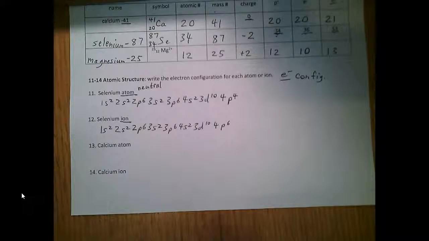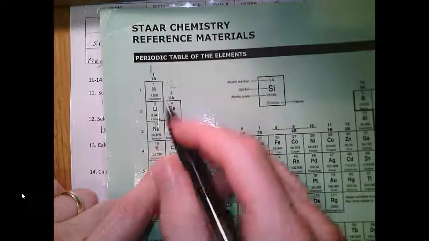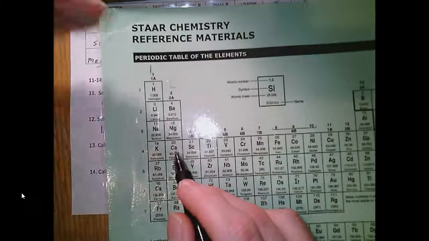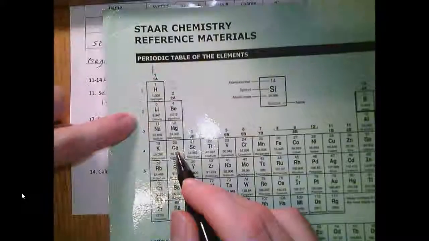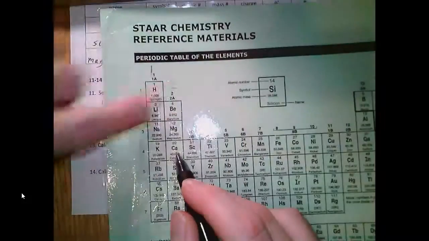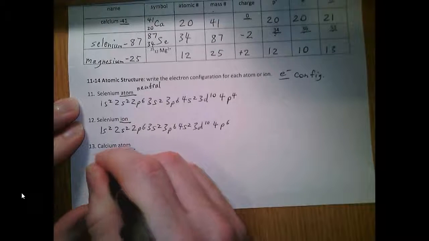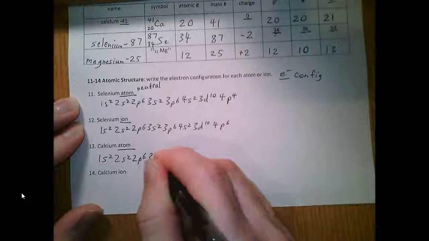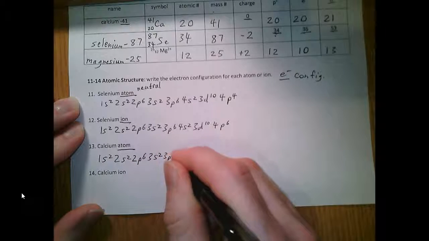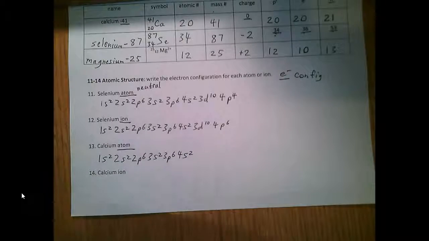Calcium. The calcium atom. So we find calcium at Ca over here. It's in the 4th row again. 4s2. So I could start at the top. 1s2, 2s2, 2p6, 3s2, 3p6, and then 4s2. All right, with the calcium ion, remember,